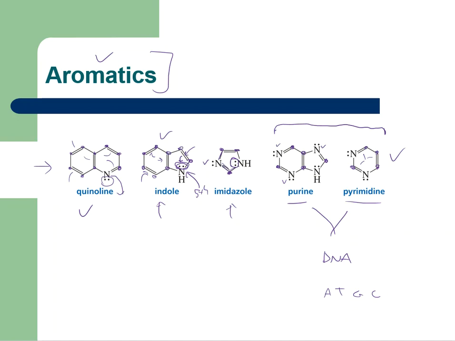Right? But it does have a free set of electrons. Do I count those electrons? And the answer is yes. The reason I count them is because if I include them in the ring, that completes delocalization, doesn't it? I get a double, single, then a double, then a single, then a double. So I do complete delocalization if I provide those electrons to the ring, which means that this nitrogen is going